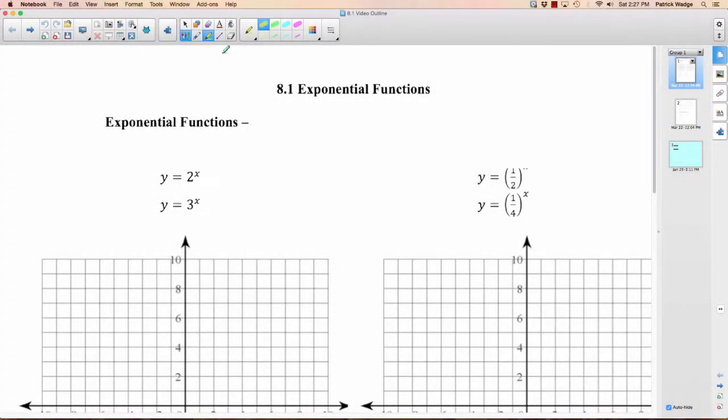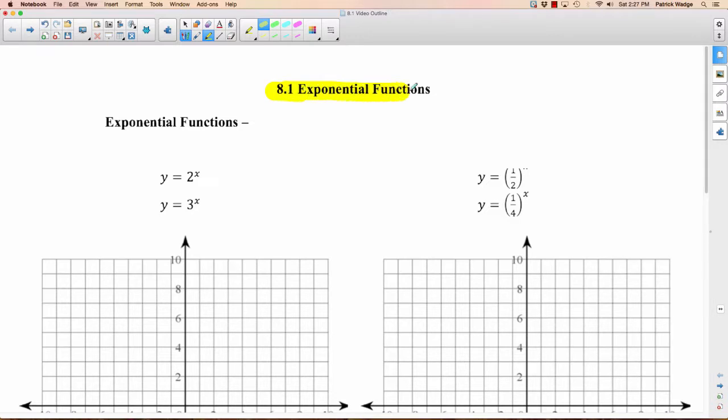Okay, on to Chapter 8. We'll be looking at exponential functions and logarithmic functions. First of all, we'll do exponential functions. So we'll do a little bit of review here in section 8.1 of exactly what exponential functions are and what